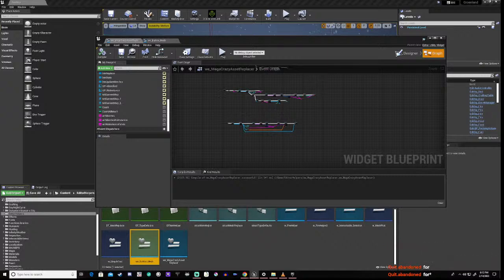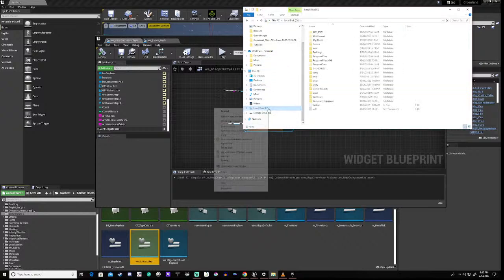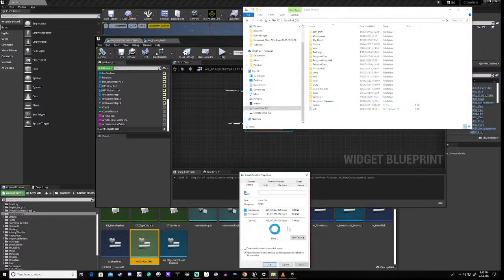It's taking a bit of loading time here. I'm just wondering if I'm running out of space or something here. Right, it has opened, but I'm beginning to think that I might be running out of space or something like that, which is causing a problem.